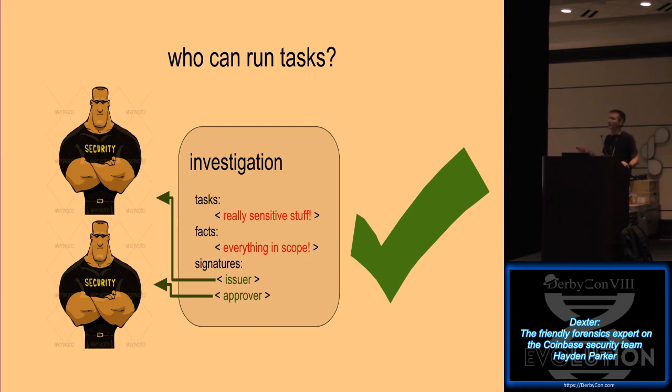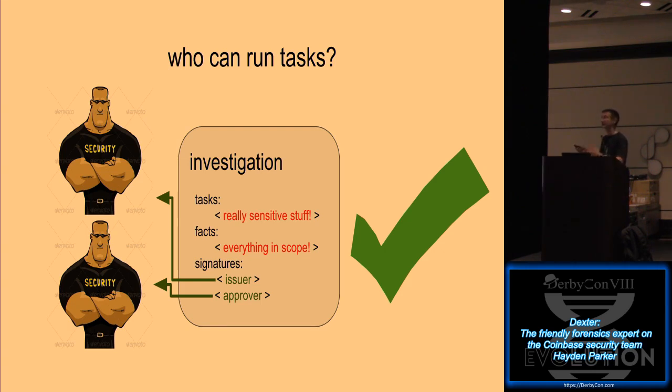Now, tasks can be varied in terms of sensitivity, right? You can have a task that's just report all the hosts so we know who's actually listening out there in Dexter, or we can have tasks like collect the memory snapshot, and the memory snapshot should be from the hosts that are signing the hot wallet keys. Like that would be insanely bad, right? Or insanely sensitive. So what we have here is a variable sense of consensus.